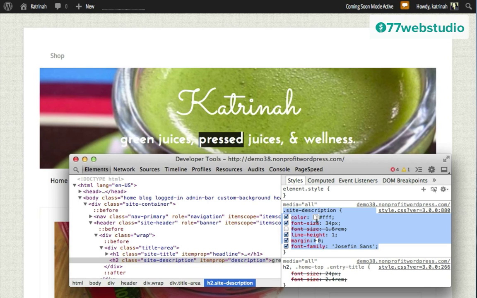Note that I'm not going to be adding any of the code that we haven't changed. So we haven't changed the color or the line height or the margin. So actually I might change the line height so that it syncs up well with the font size, but otherwise I'm not going to really add the color. But I'm going to copy everything right now because it's a lot easier to copy everything and delete it later.